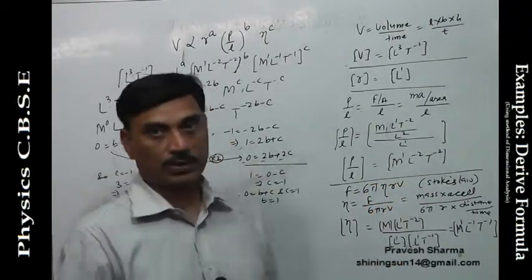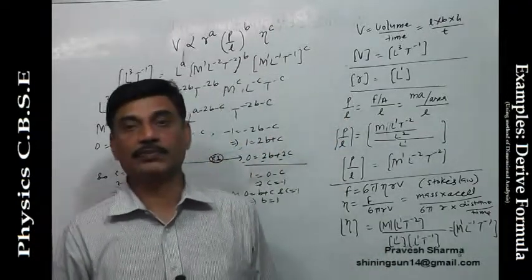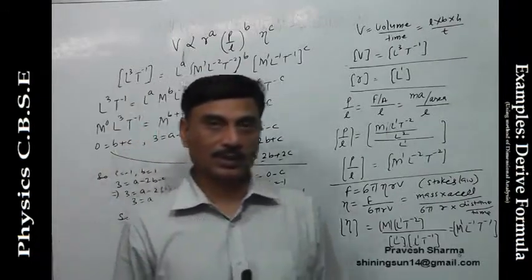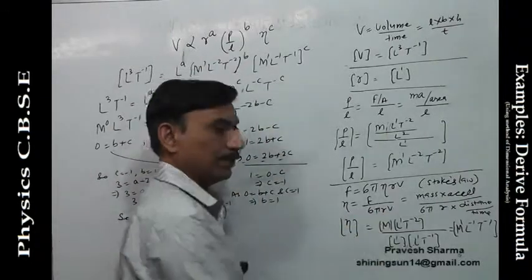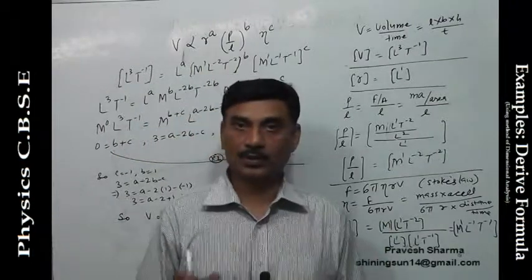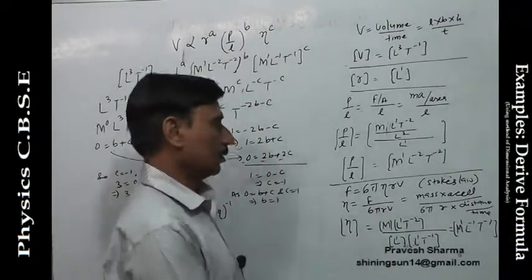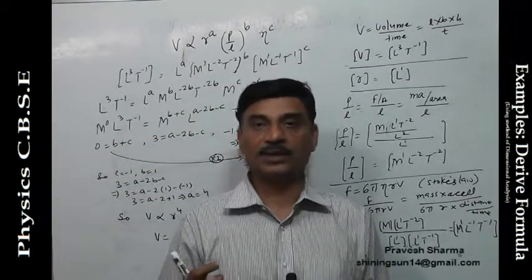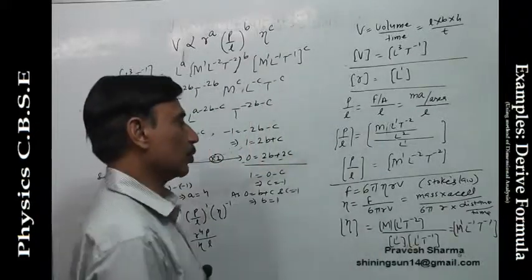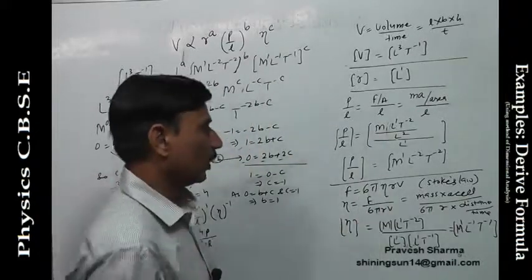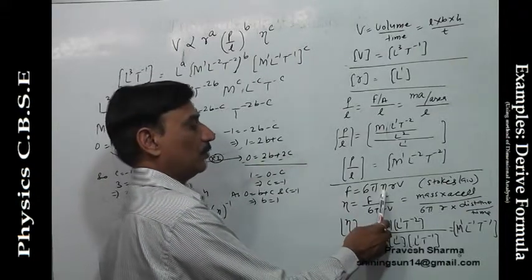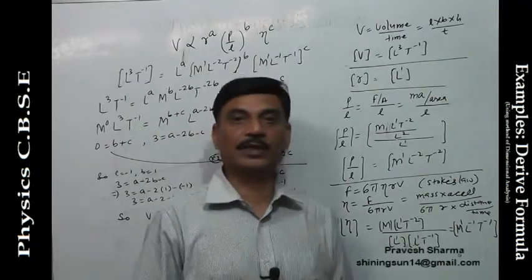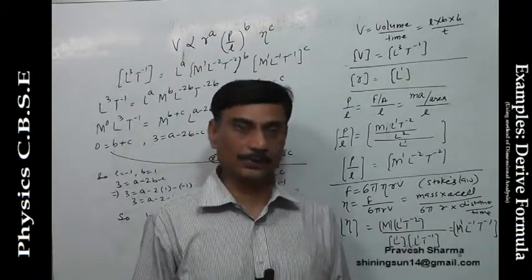Now coming to viscosity. One of the formulas related to viscosity is Stokes law, that is F is equal to 6 pi eta r v. When a small sphere of radius r moves through a liquid, it experiences a drag force, a retarding force, and this is given by Stokes law, F is equal to 6 pi eta r v, where F is drag force, eta is coefficient of viscosity, r is radius, and v is the velocity of the sphere. We shall be doing it later when we do the chapter on liquids.